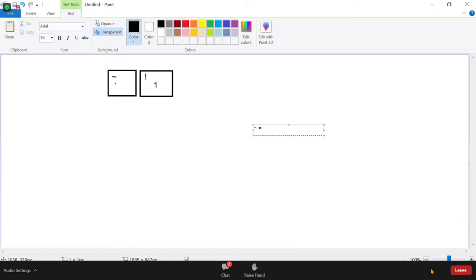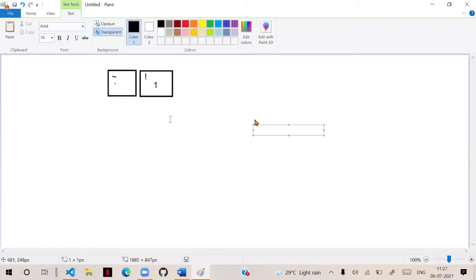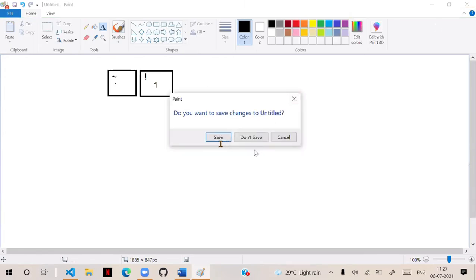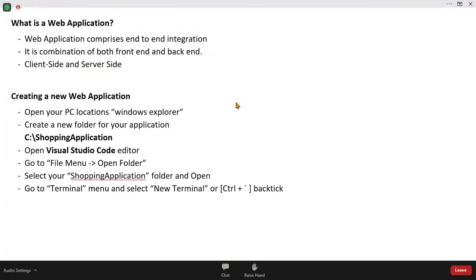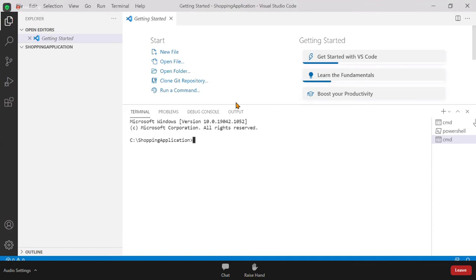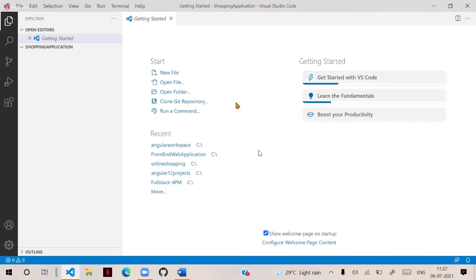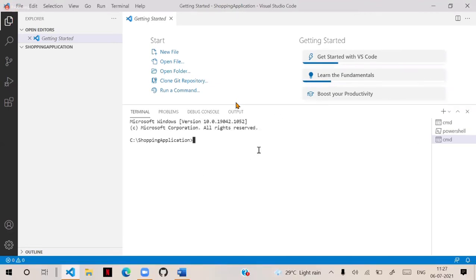We have double quotes, we have single quote, and we have backtick. You can press Control backtick as a shortcut. That means you open Visual Studio Code, press Control backtick, and the terminal will come.